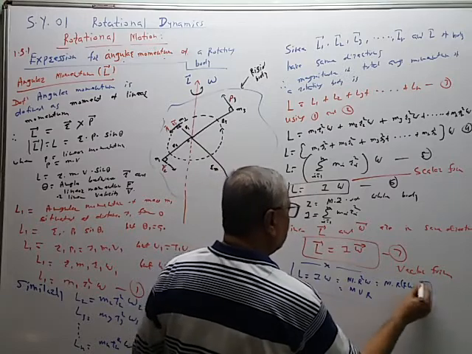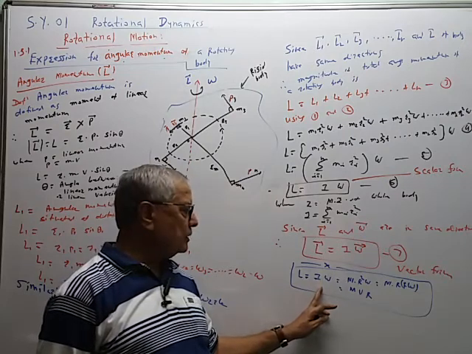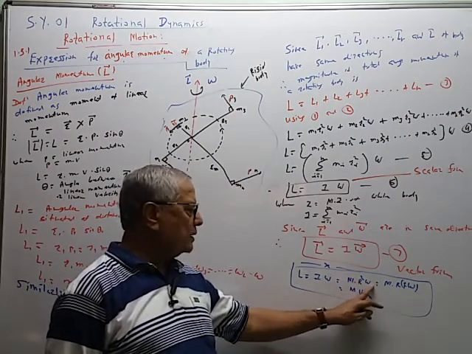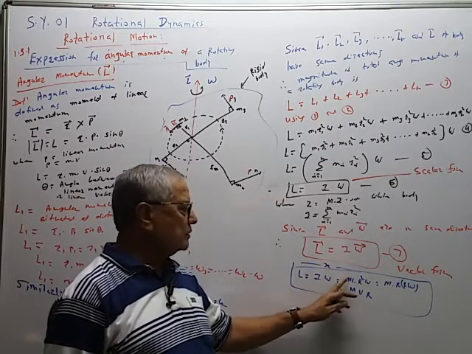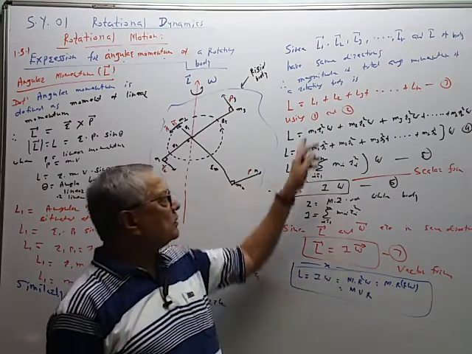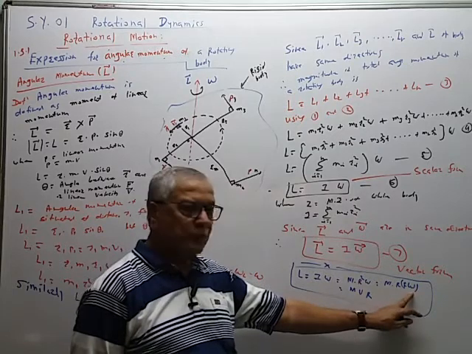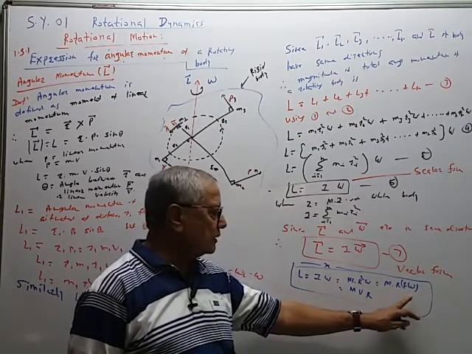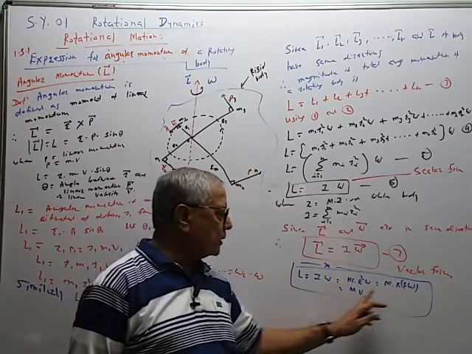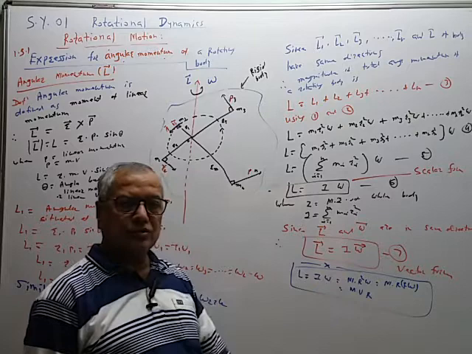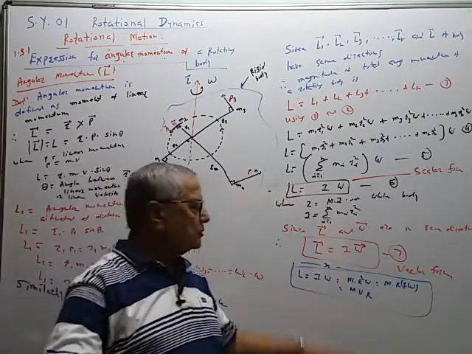So these are the various forms. I omega, if moment of inertia is given, then we can use this formula. If r and omega is given, where r is the radius of the body and m is the mass, so mr square omega, m is the total mass, m1 plus m2 plus m3 plus m4 plus mn will give the total mass. This r into omega is equal to v. It is the tangential or linear velocity of the particle on the circumference of the body. So this r into omega is replaced by v. So these are the various forms of the angular momentum. We can use any one of these forms.